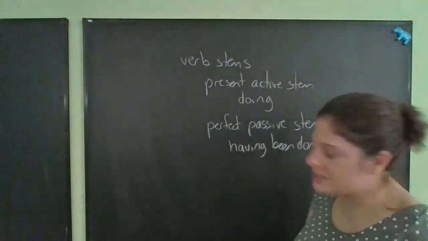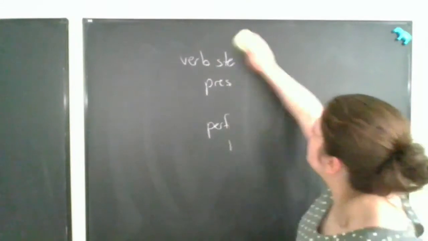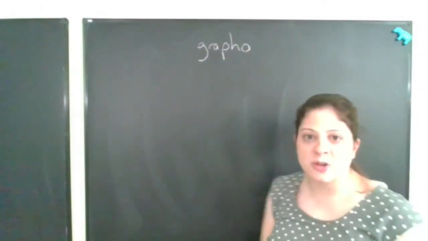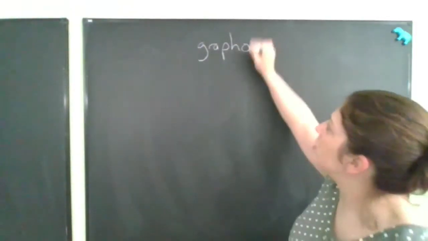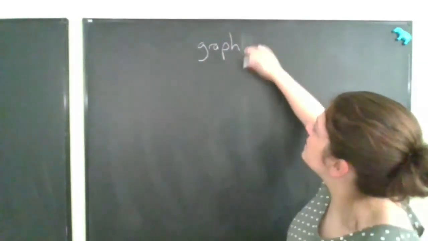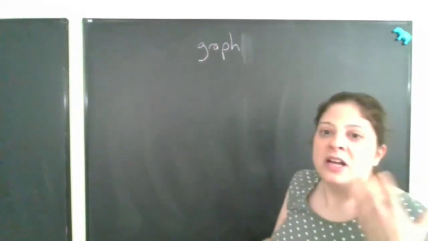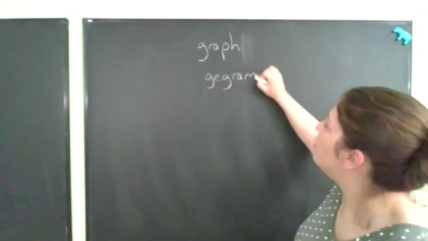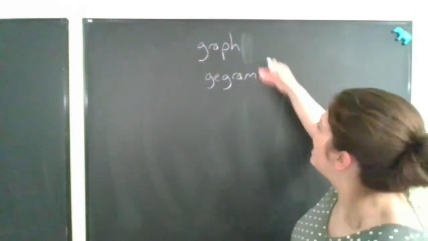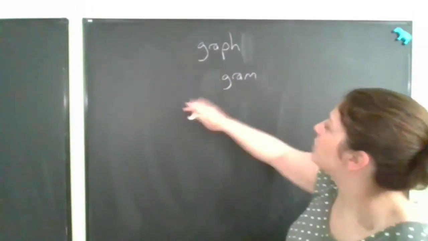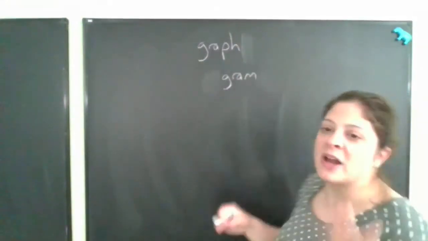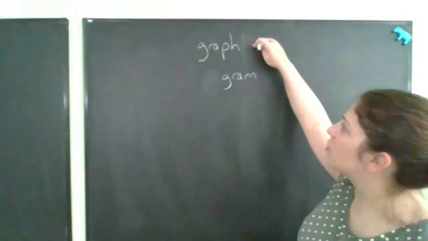So let's look at an example. We've actually only done, I think, 1 Greek verb so far. And so we did the verb to write. And so the present active form is grapho. We transliterate it. We take off this O because that's the ending. And our root is graph. Its perfect passive stem comes from, actually, gegrammai. We get rid of the ending. This stuff at the beginning also is just grammatical. And then we get the root gram. Okay, so when we learn the to write root for Greek, you learn these 2 forms, graph and gram.